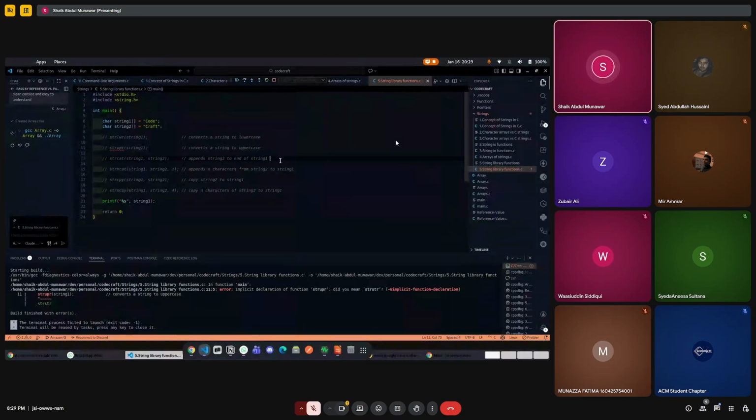मतलब ये ऐसा प्रिंट होता है, code craft append हो जाता है. Craft is string two, it is appended to string one, ऐसा आउटपुट आता. Because I am facing some errors, ये जरा रन नहीं हो रहा है, इसलिए ऐसे ही explain कर रहा हूँ. The fourth one is strncat